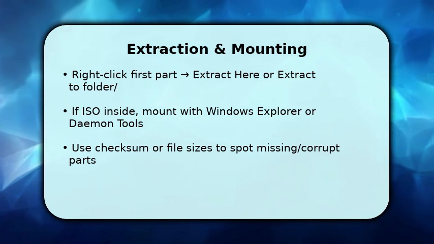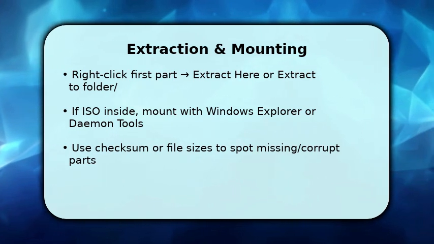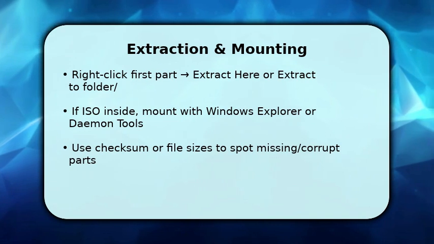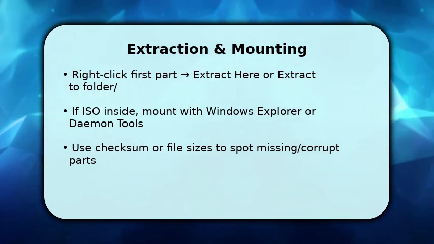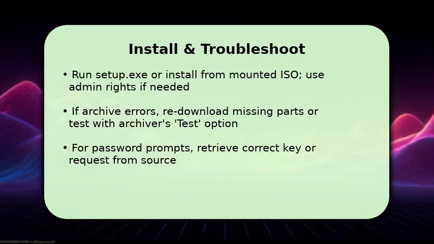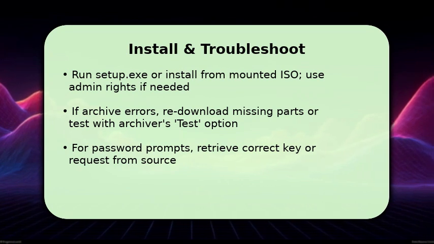Make sure to verify extracted sizes and, when available, checksums. This helps detect a missing or corrupt R00/part02 file rather than wasting time on a broken install. You finish by running the game installer from the extracted folder or the mounted ISO, using admin rights when prompted